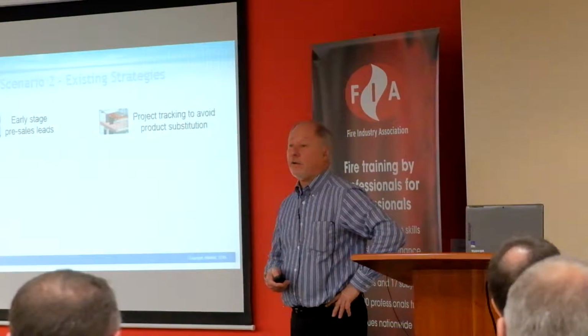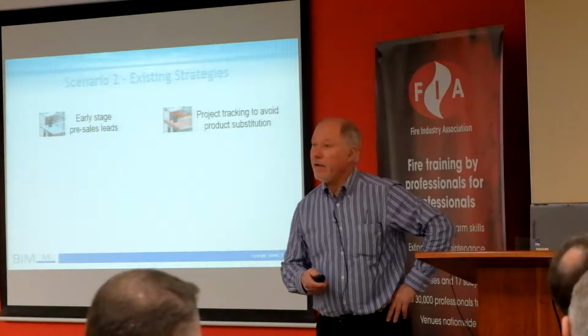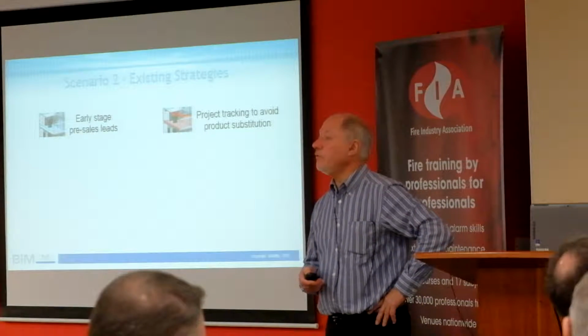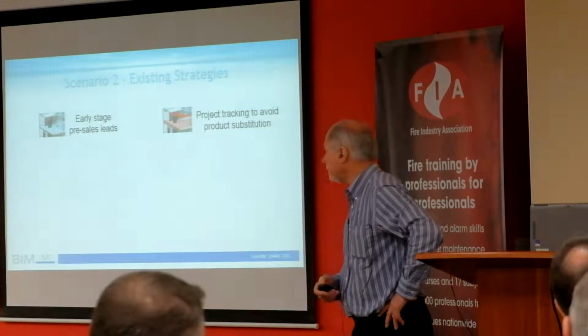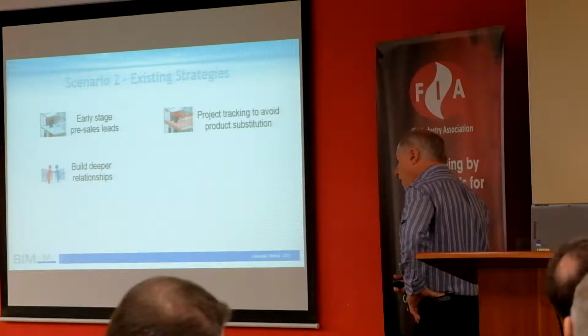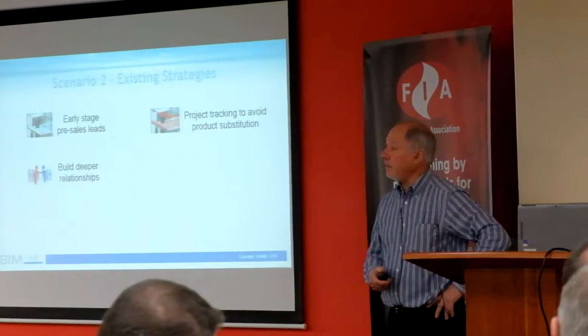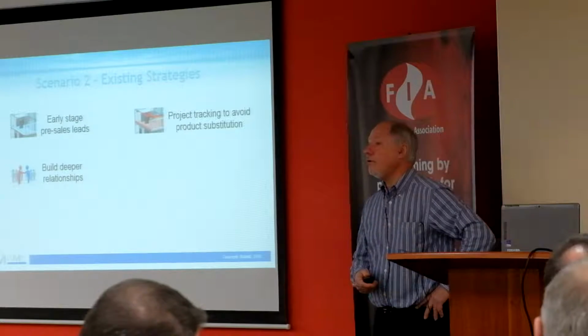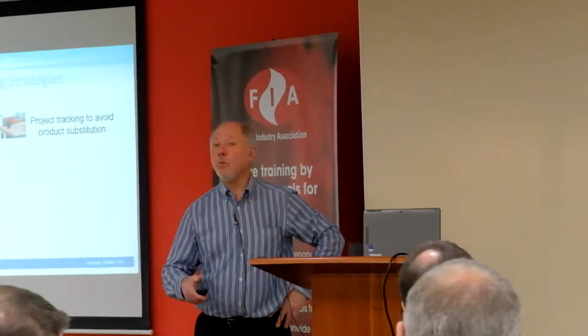I guess you're no different than most other folks, which is you don't know how much business you've lost because you've been value engineered out because you never knew you were in the first place. If you can identify people who are specifying your products by name and you can contact them, then you can start to build deeper relationships with them. It's kind of like one-to-one marketing.